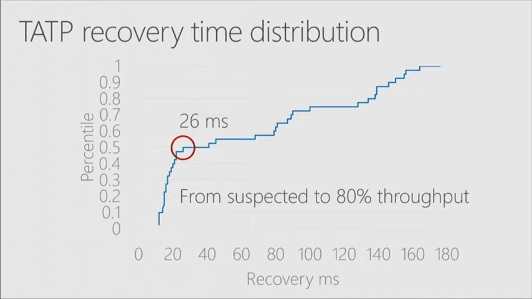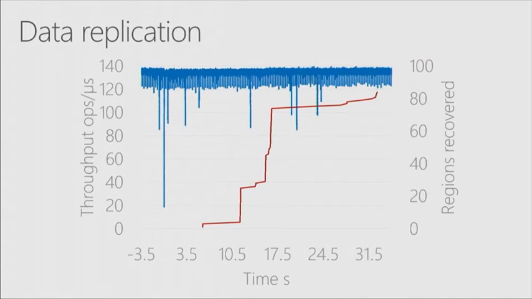is fast. In this next graph, again, it is the same experiment, TATP failing a single machine, and this shows how fast we actually re-replicate the data. This is basically the same experiment, just zooming out. The red line shows how many of these 2 gigabyte regions we recovered up until a particular point in time. And you can see that it takes about 33 seconds to recover about 160 gigabytes of data without impacting the